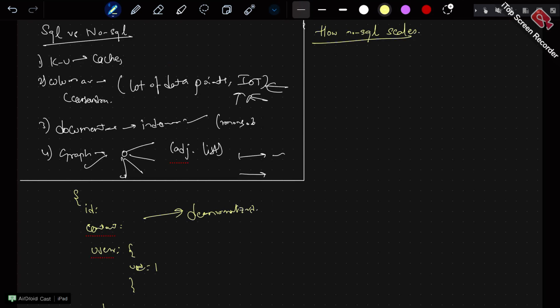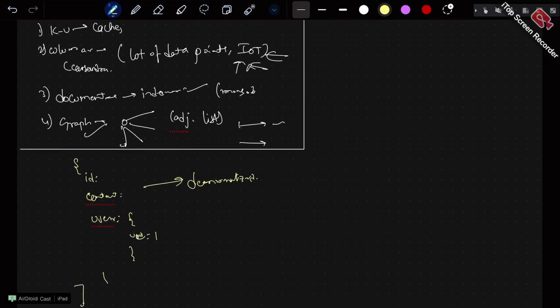Normalization and denormalization is another term I haven't touched till now. So normalization is basically splitting the data so that there is no redundant data stored anywhere, right? That was the key term. And denormalization means you are making copies of your data, replicating it to different tables, and you are ready to do it because if you are doing a lot of joins, that is a complex operation and will take a lot of time. So instead of that, why not replicate the data?